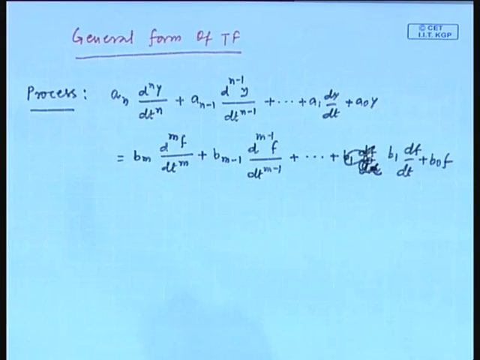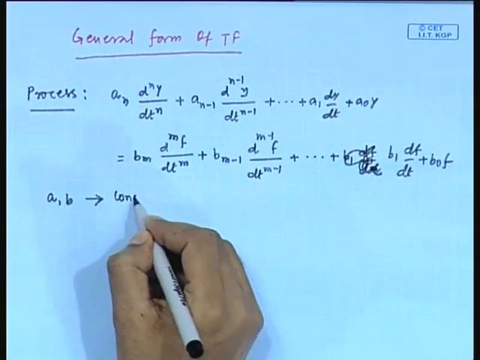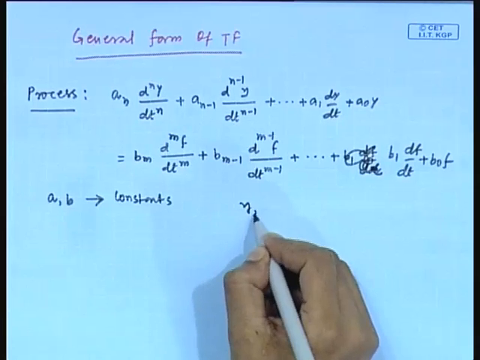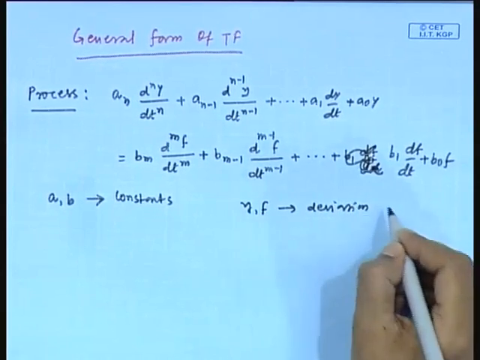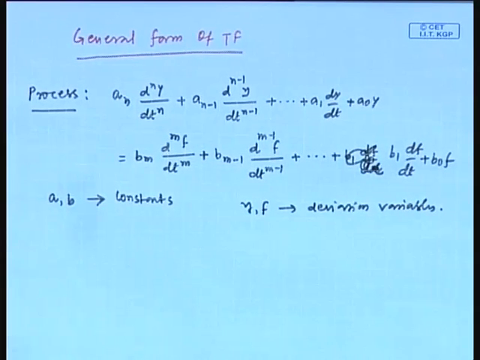constant coefficients and y and f both are deviation variables. a and b, these are constant coefficients, y and f both are deviation variables. Fine. Now, if we take Laplace transform and rearrange, we get the transfer function, and that has the